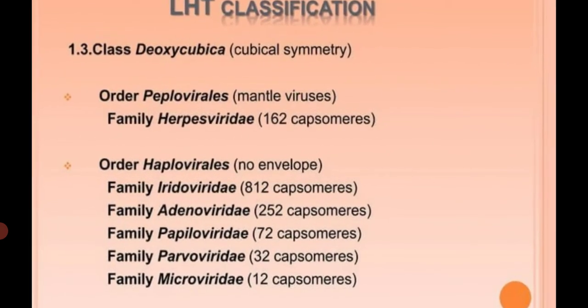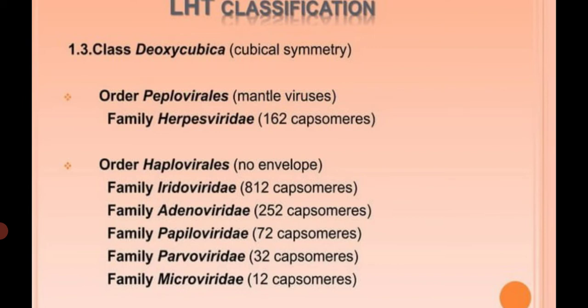Then third, that is class Deoxycubica. In this class, the capsid symmetry, that is the icosahedral capsid symmetry viruses are kept. It has two orders, one is Peplovirales and another is Haplovirales. In the Haplovirales order, naked viruses are kept, whereas in Peplovirales mantle viruses or enveloped viruses are kept,